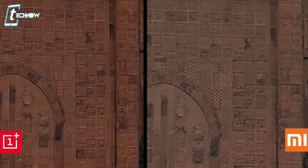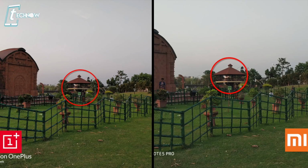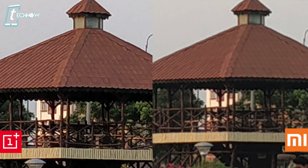But frankly speaking, when you zoom in on the photos, the photo from the OnePlus 5T looks like it has been oil painted and not at all real, whereas the Redmi Note 5 Pro's image might look less sharp but produces a natural looking image. Also, zooming in on both the smartphones to the maximum in this photo gives a much sharper image